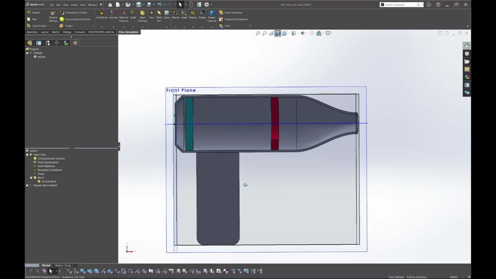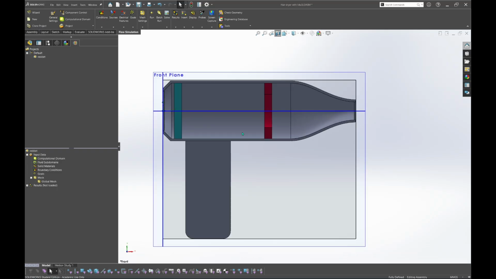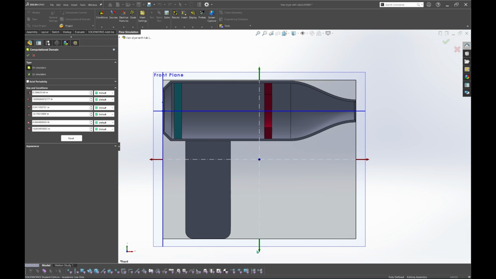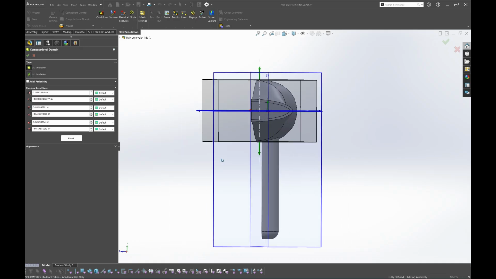First, I will change the computational domain because I want to see the simulation in this chamber only. So in this computational domain, you right click on this and select edit definition and go upper, and this. Okay, like this.